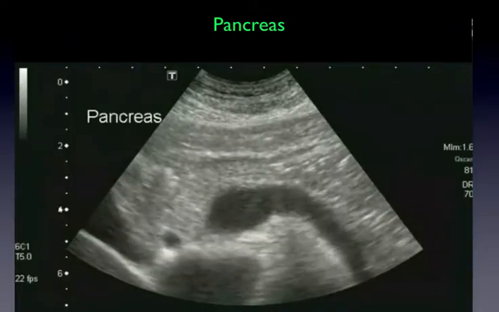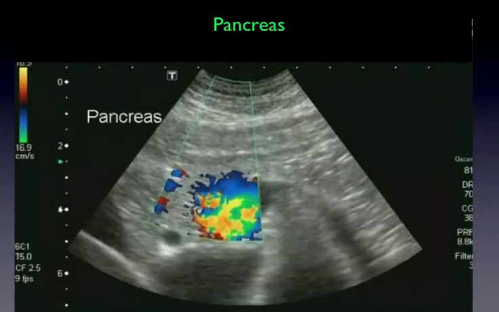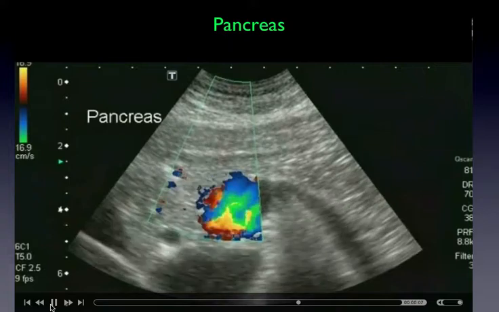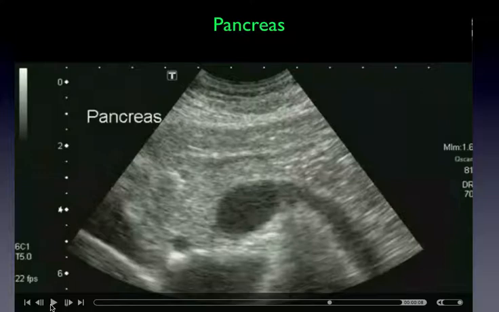Now let's look over here. There's your lake, and that's the splenic vein. There's flow on this that was placed by somebody to say, is that the vascular structure? And the answer is yes, it is. And now we can see that here's the splenic vein,